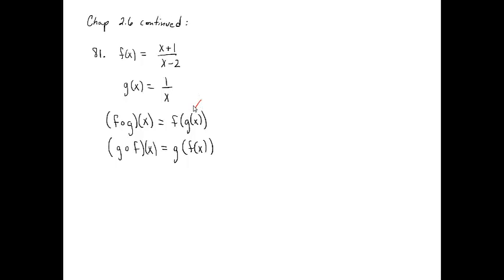So everywhere I see an x in f, I have to plug in g. Because notice here, what's inside, because normally we see this as f of something. Well, what's the something that's inside of here? It's usually supposed to be an x, right? So let's look up here. This one says f of x. But instead of an x, what's actually inside of there? g of x. So everywhere you see an x in f of x, you're going to put g of x in there. So let's start up here. So this is f of g of x, or f o g,